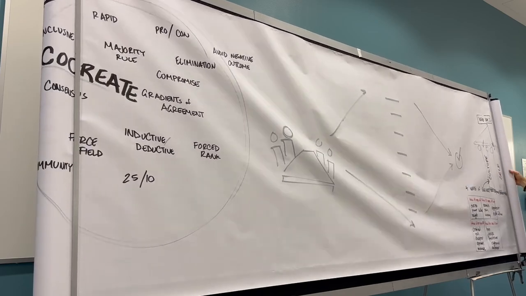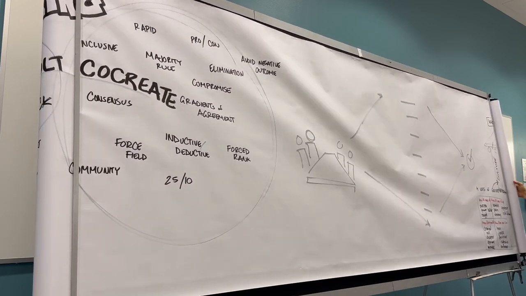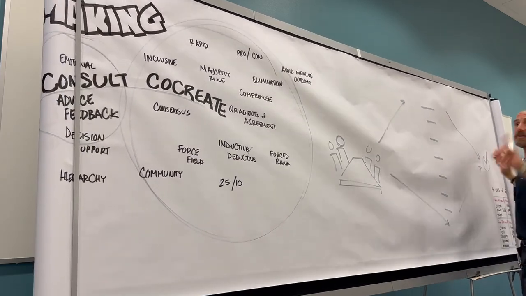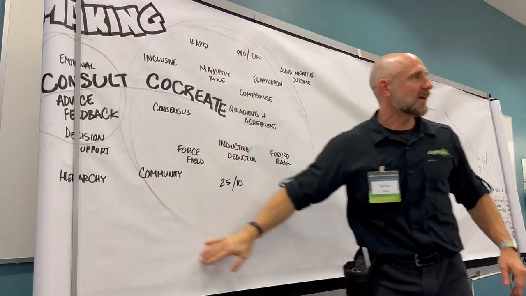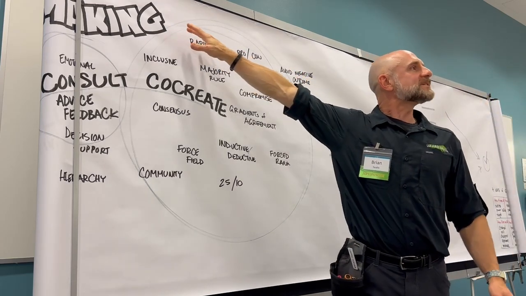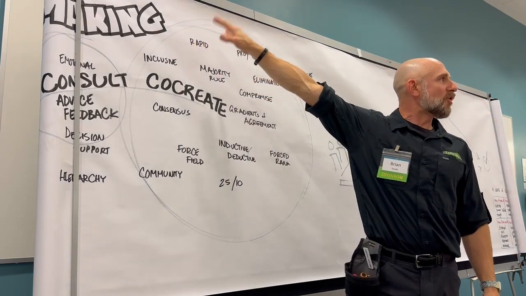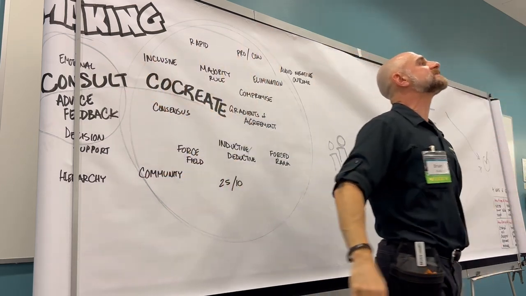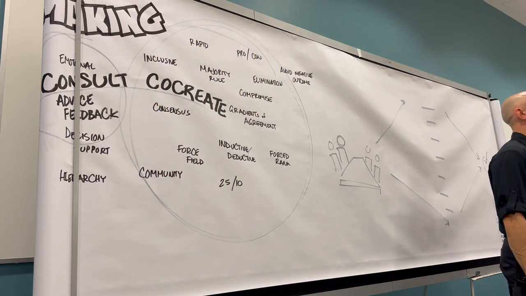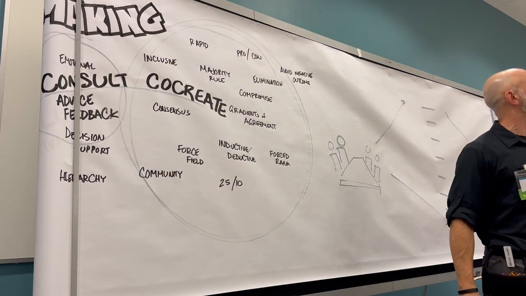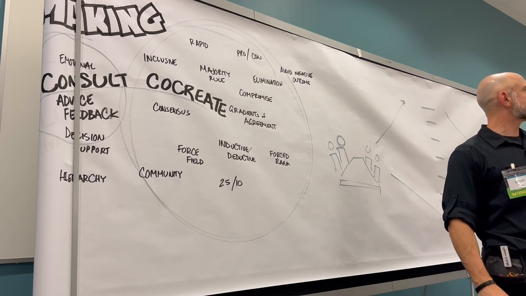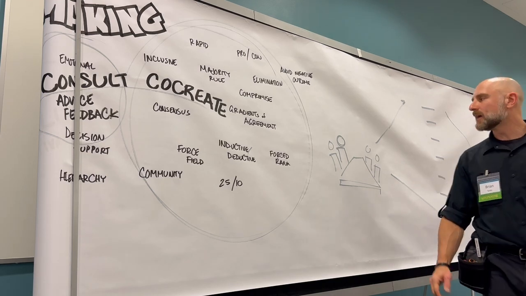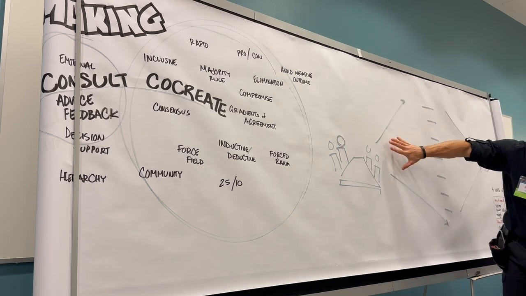Let's assume for a second that we have decided to be more on the co-creative side of things. So we've decided that our decision-making mode is going to be here. Now, what is the problem with co-creative participatory decision-making? Takes too long. Why does it take too long? You've got to get everyone to talk. Why else? You've got to get them to stop talking. You've got to have somebody make a decision, right? Get them to understand each other.